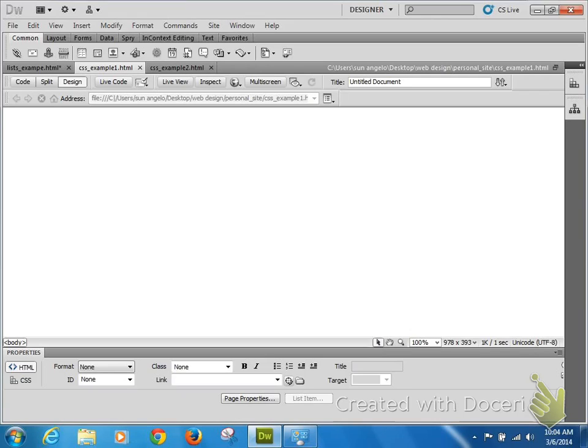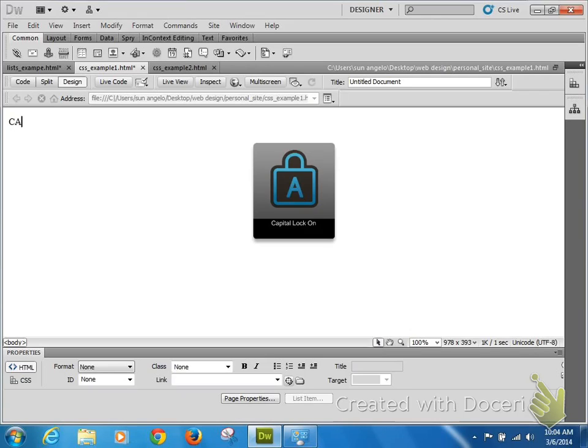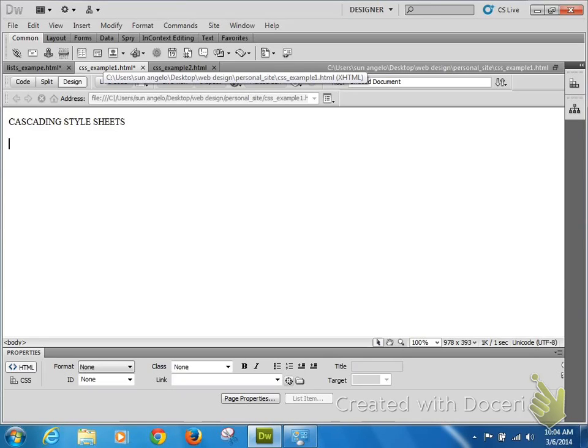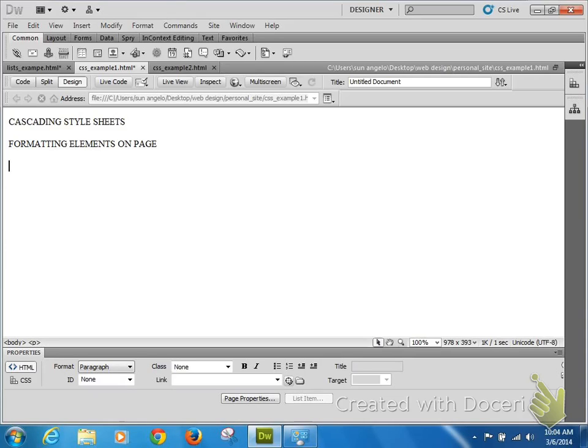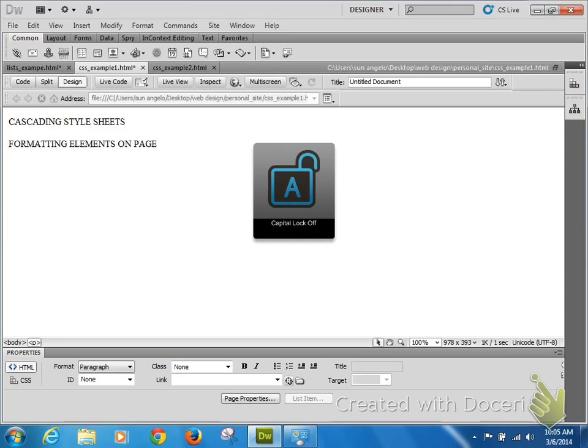CSS stands for Cascading Style Sheets. They deal with formatting elements. And basically, ever since you first started learning this, you have known that